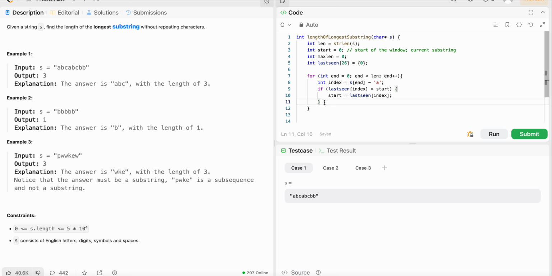So what will happen is, I actually think we should probably write a comment here for the sake of clarity. The comment is, if this is the case, then we update the window, meaning our start index, the start of the current window substring, moves to this new location. Now what do we do here? What we do is, if that is not the case, then we just say